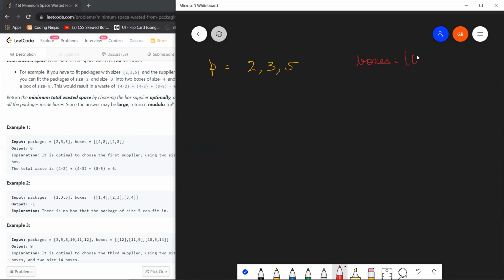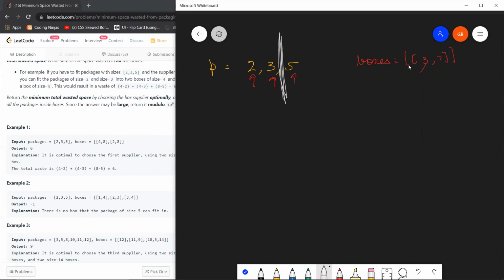So let's take yet another small picture, but a little bigger than the last time. Now we have 3 and 7, right? So this 3 size box will be able to pack 2 and 3, and this 7 will be able to pack 5, right? So basically, let me draw a demarcation over here.